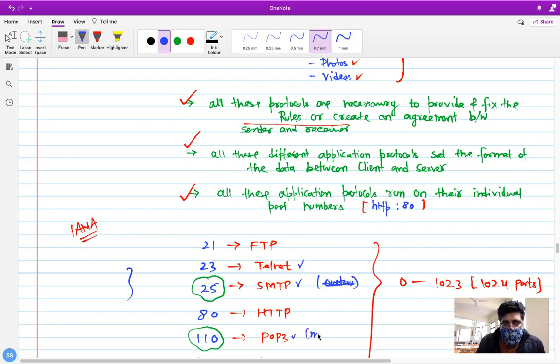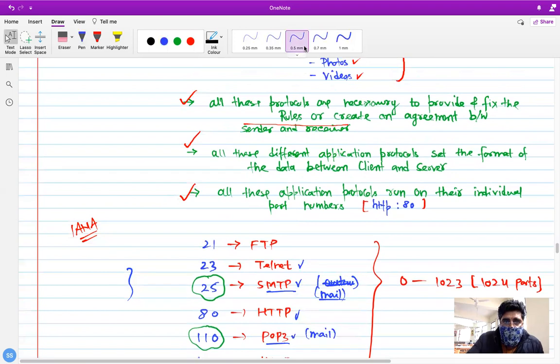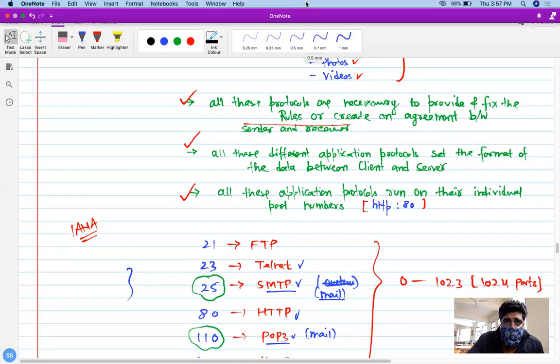POP3 is also for mail, but one of these is for incoming mail and the other is for outgoing mail. HTTP is for web content. So we have fixed all these things because we want to have a fixed rule or fixed protocol.